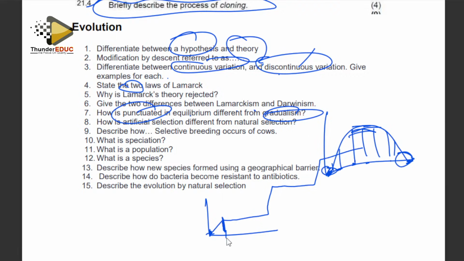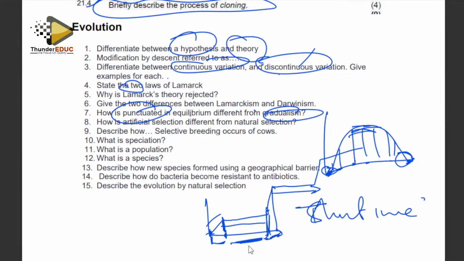From here to here, the period is just short, you see. And all this, nothing is changing. Long periods of no change, then a short period of change, and short periods of rapid change. Long periods of no change, so it is like a stair. So it requires a short time for them to change.